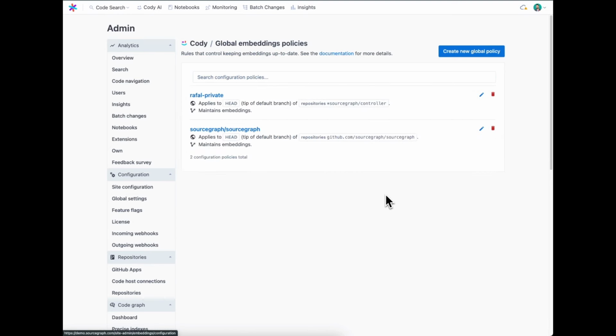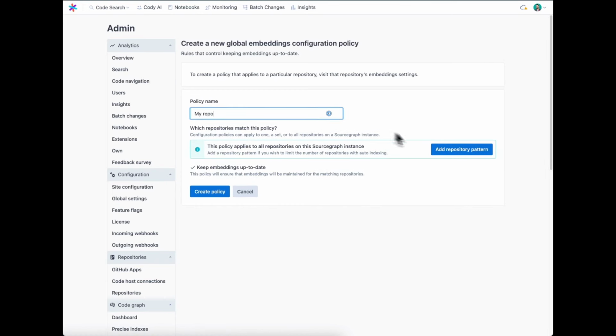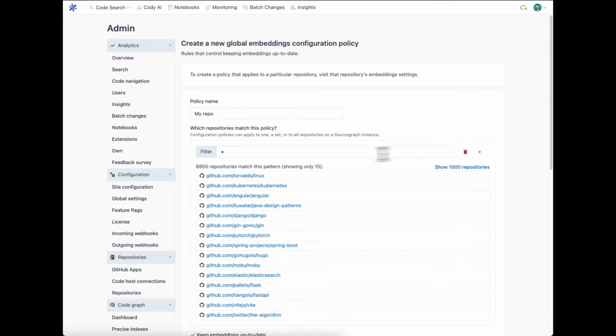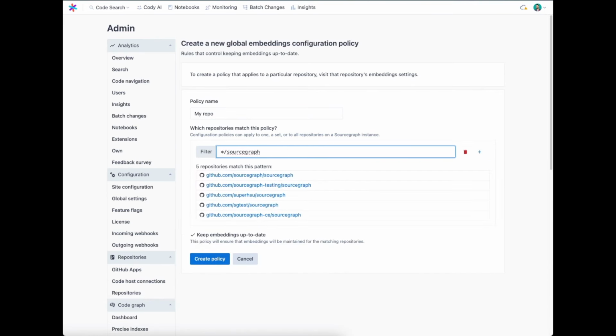From here, simply click on Create New Global Policy, give this policy a name, and then add a repository pattern. Then create a pattern to match against the repository or group of repositories that you want to create embeddings for. In this case, I'll just do our Sourcegraph org on GitHub, which is returning the 5 repositories that you see here. So an embeddings index will be created and automatically stay up to date for each of the repositories